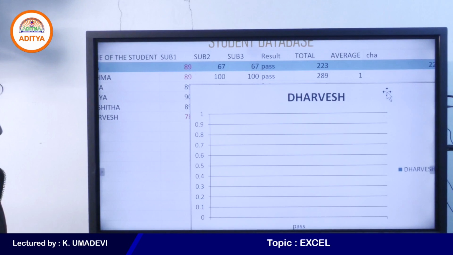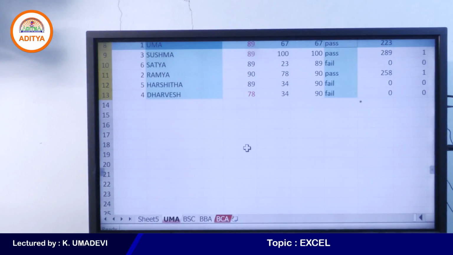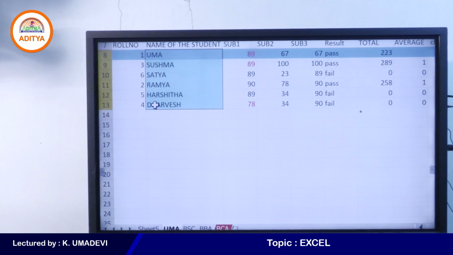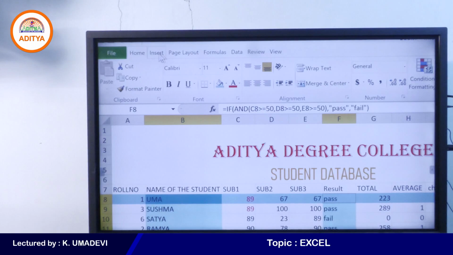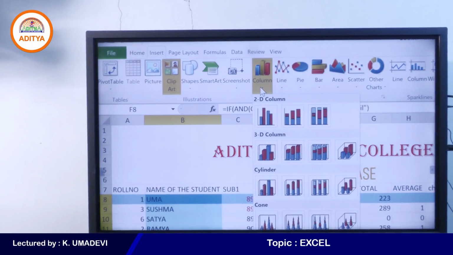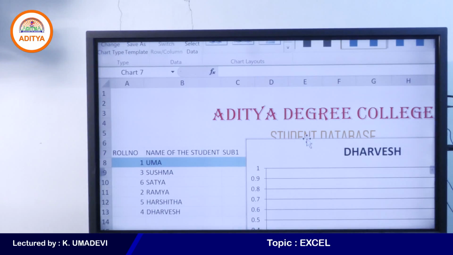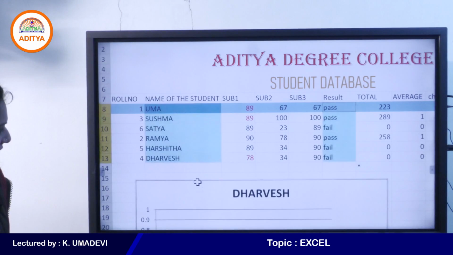One second, students. See here, just select the data. So first select the names and then select the result, insert, click on column chart. Or the easiest way is...